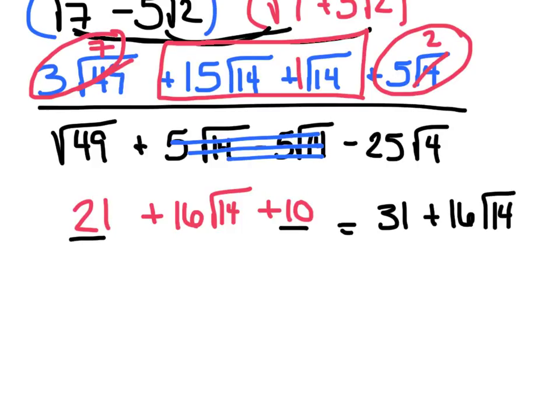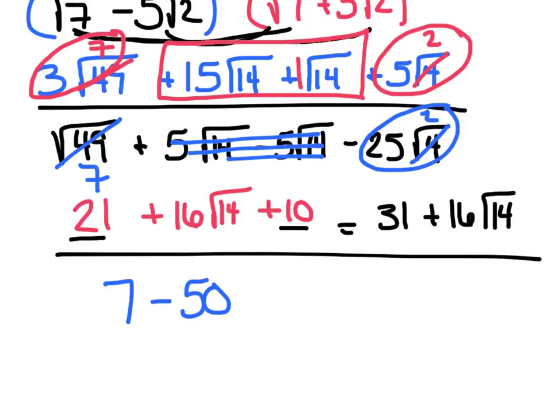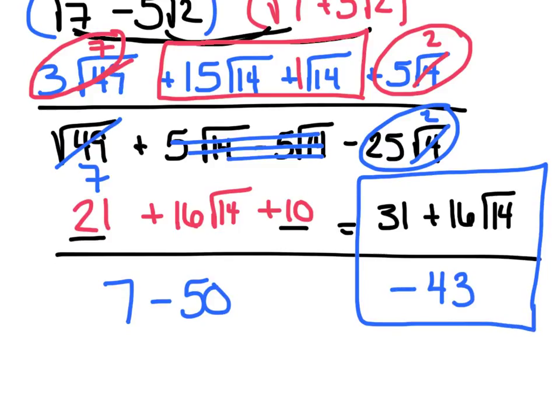And I'll do the same with the denominator. Radical 49 is 7. Radical 4 is 2. Multiply, so minus 50. So my denominator looks like negative 43. And that is where my final answer came from. Now, if you can, you'd want to pull out a GCF on top, but of course I don't have one